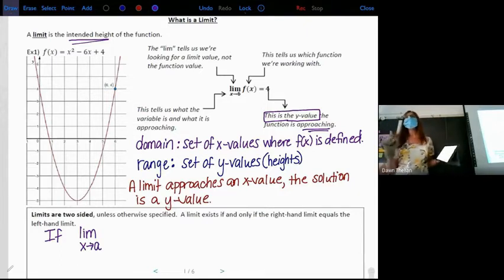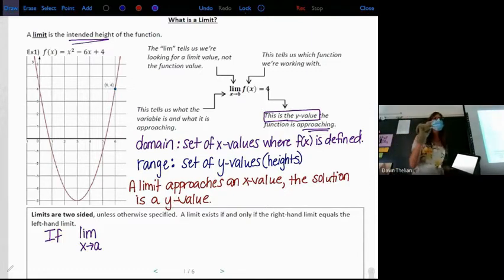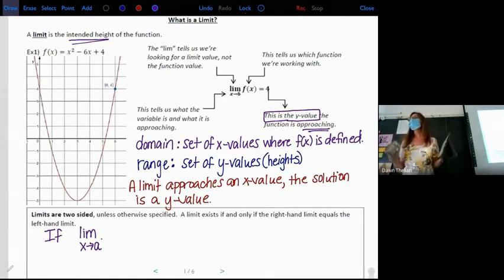And now here's where my new notation is going to come in. After you write down the limit as x approaches a, sort of like an exponent on the a, I want you to put a little plus sign. That little plus sign means from the right side. And then we would have to give it a function, so we're calling ours f of x. So this now is reading,